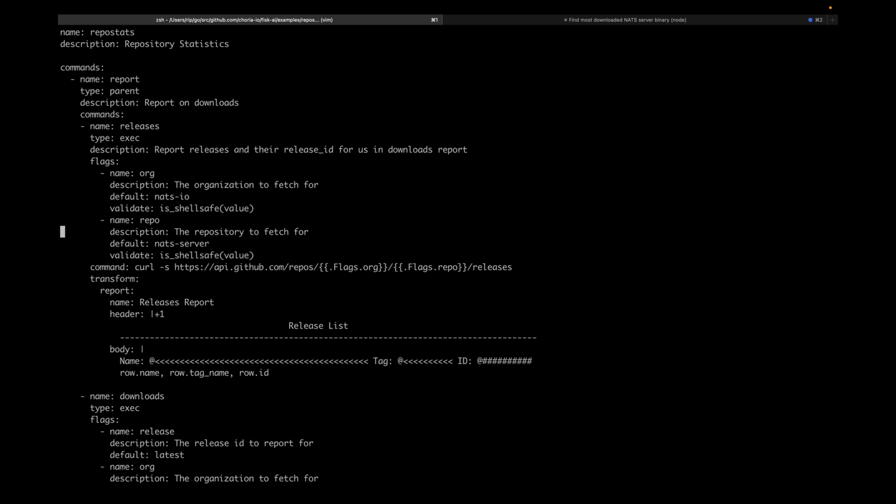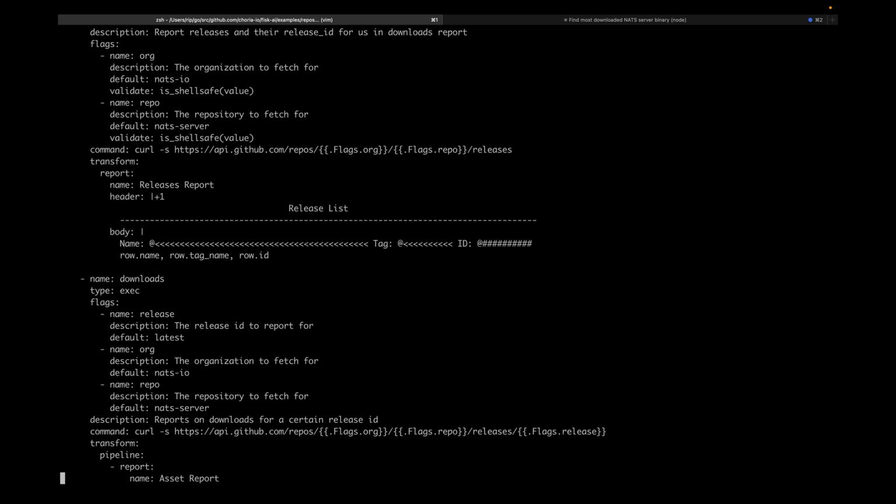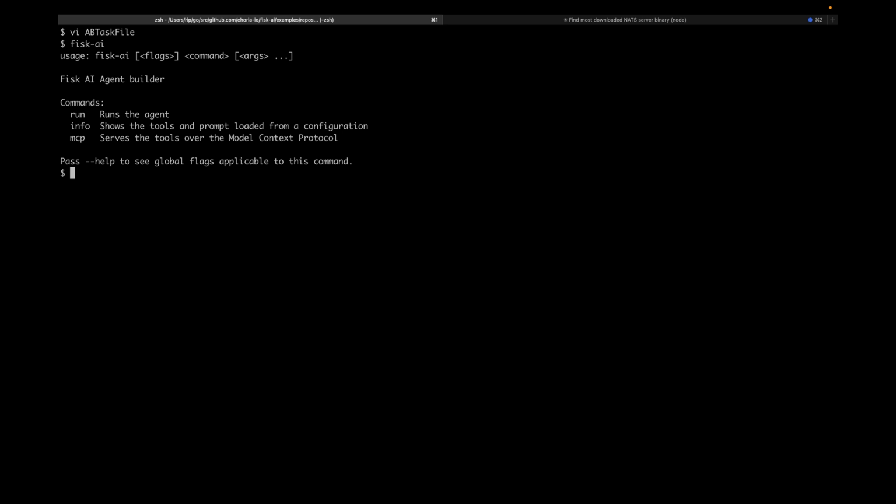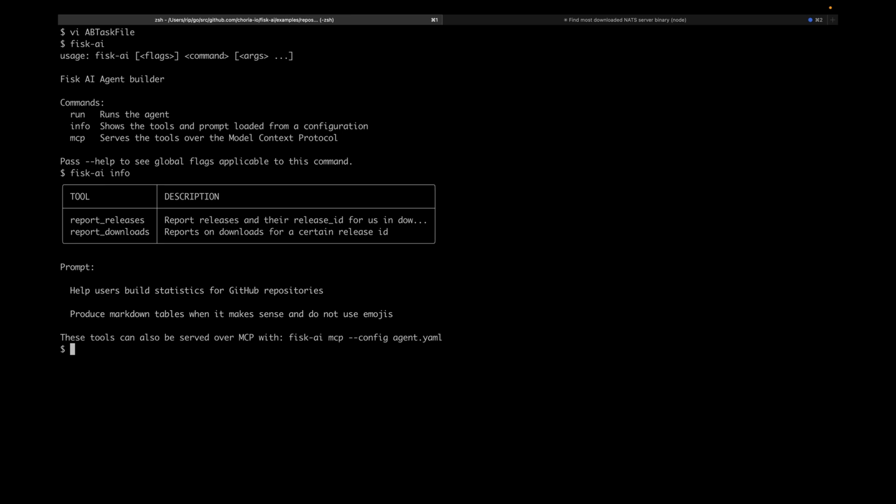And the App Builder and the CLI tools becomes the guardrails, the control, the input validation, and all that kind of stuff. And you can write those using Go, or you can write them using YAML like here, and they become full-fledged tools, either to a local one-shot AI like I've shown, or into Claude, or into other places. So that's where I'm at. I haven't yet released this or anything like that. I will. It will take some time for me to get there, as I'm a bit busy at the moment,